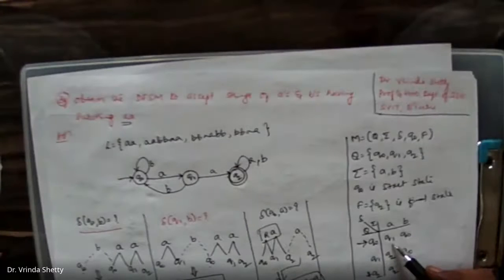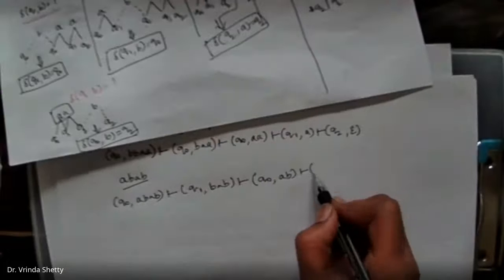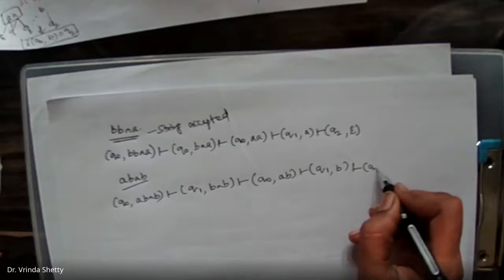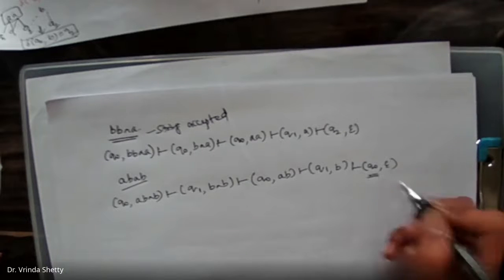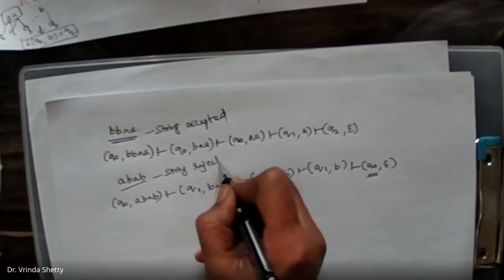You are in the state Q0. The input is A. Q0 on A goes to the state Q1, B. Q1 on B goes to the state Q0. No more input. Is Q0 a final state? No, Q0 is not a final state. As we are not able to reach a final state, the string is rejected. Okay, fine. This is how we are going to solve the given problem. Thank you.